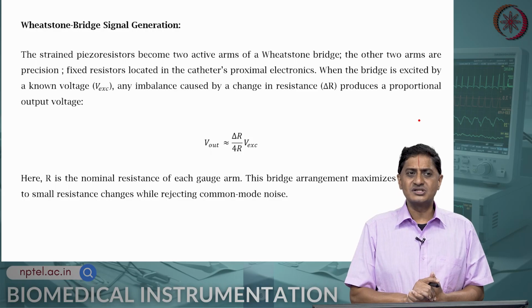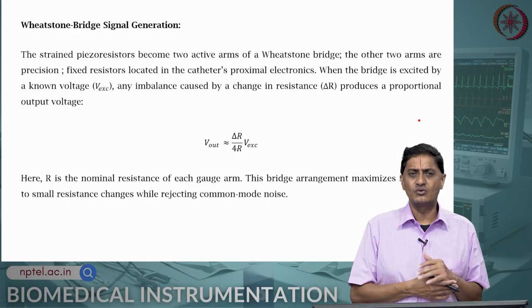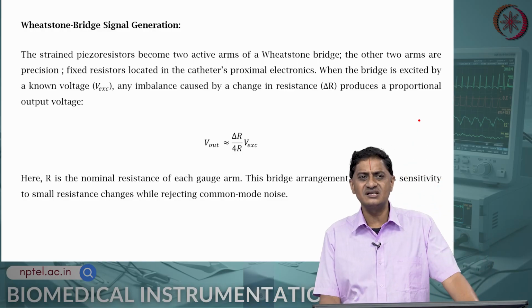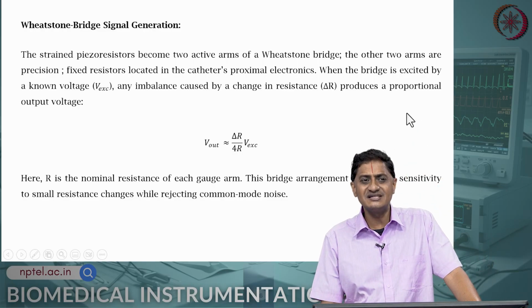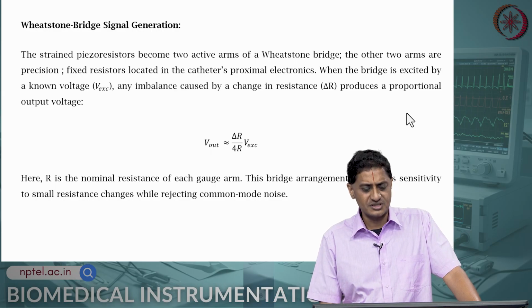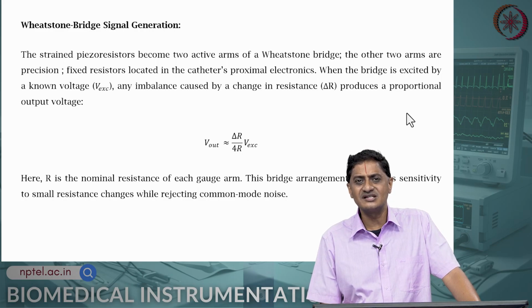And when this bridge is excited by some known voltage, the output voltage is essentially a function of the change in resistance times the input voltage, the excitation voltage. This imbalance caused by the change in the resistance causes a change in the output voltage,